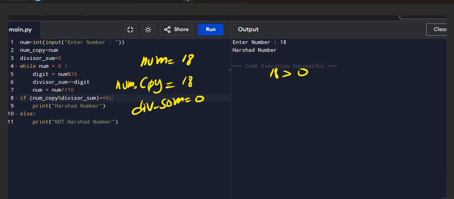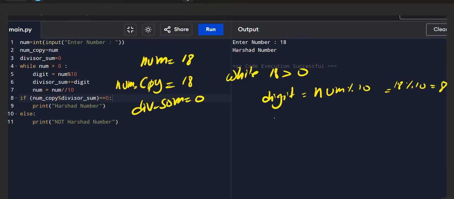Now while my number is greater than 0, in each iteration I am calculating the digit. I am accessing the digit by taking 18 modulo 10, which is 8. Now 8 is added to my divisor sum, which will be 8. Then we are dividing 18 by 10.